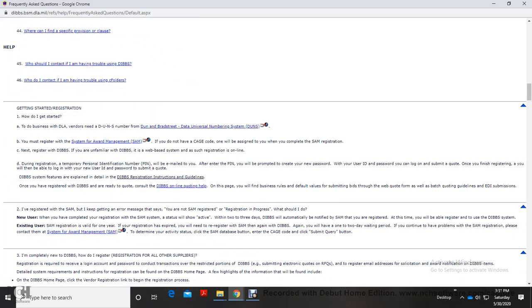How do I get started doing business with the Defense Logistics Agency? Vendors need a DUNS number, the Dun and Bradstreet Data Universal Numbering System. You must register with the System for Award Management. If you do not have a CAGE code, one will be assigned to you when you complete your SAM registration. Next, register with DIBBS,